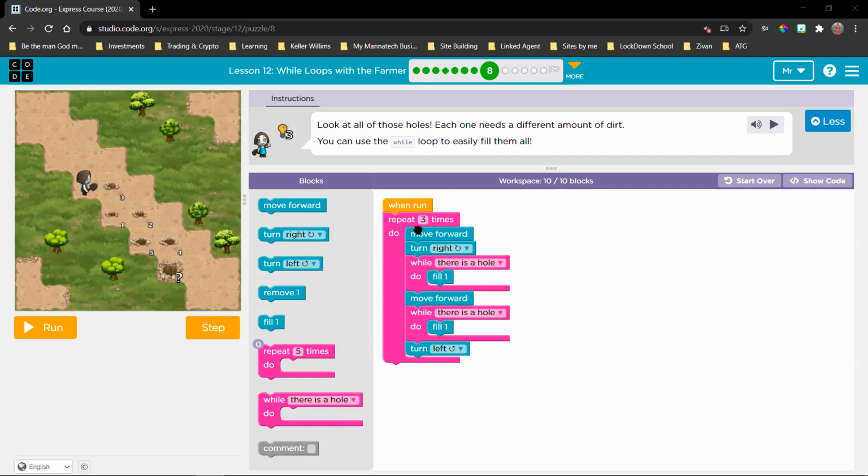This is going to make this entire sequence repeat in sequence. So if it confuses you, you can call this a segment as well. Doesn't really matter. But this is going to force everything from this move forward to that turn left to run 3 times. But the code is going to do this once, come here and do this fill one until this condition is not true anymore. So as soon as the hole has been filled, meaning that there is not a hole anymore, so this is moving from having been met to not being met, it's going to continue to the next block of code, okay?